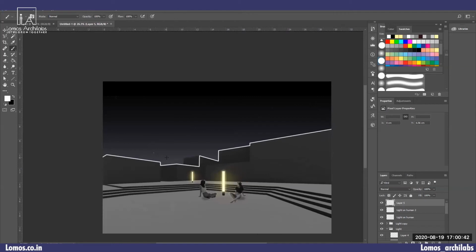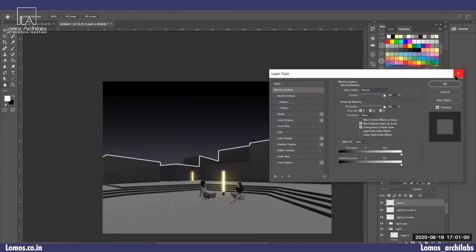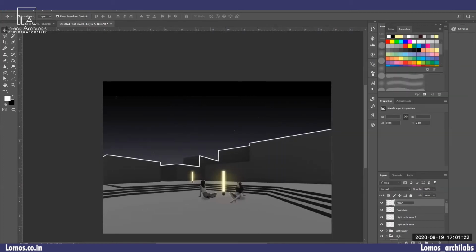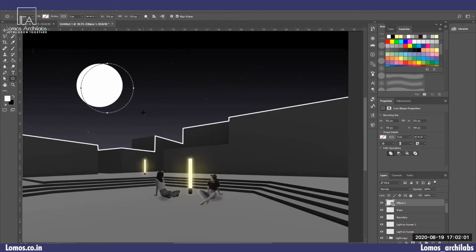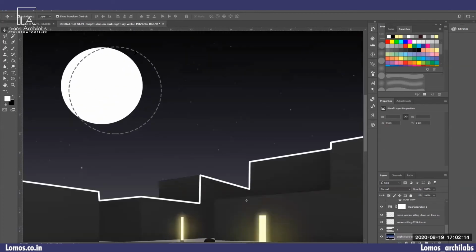Now after doing this, I want to add a moon in the sky. I have created another layer for the moon. Now using the ellipse tool from here, I will create a similar form next to the moon, just to give some artistic effect and make it look a bit interesting.